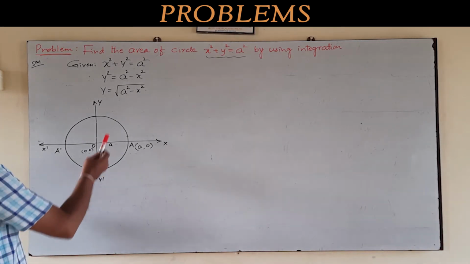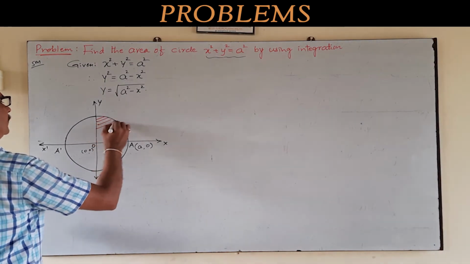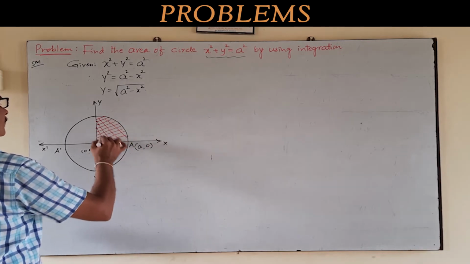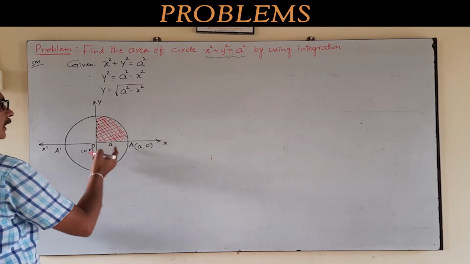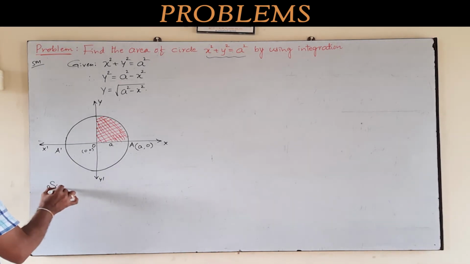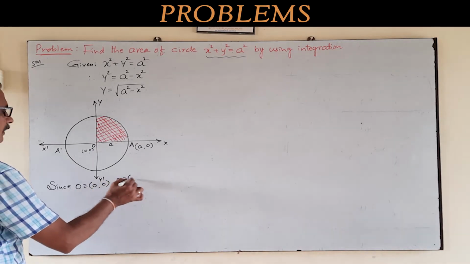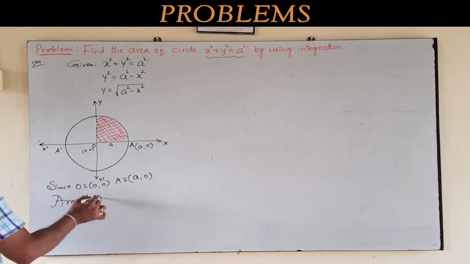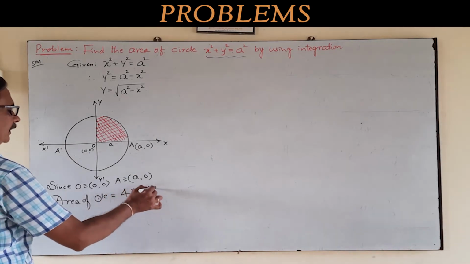Same type. Now again the question is to find the complete area. Now how to solve? Find one part of the area of the circle, now multiply by 4 times, because again there are 4 parts. The curve is symmetric, and again it is also a circle. So to calculate one part of the area, multiply by 4 times. Now here, since the center is at the origin and radius is a, the coordinates of point A are a comma 0.